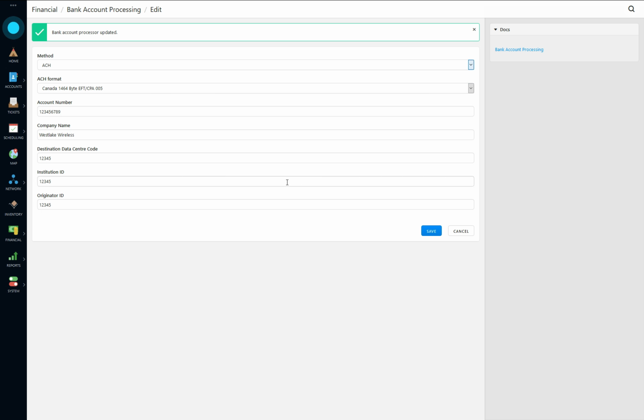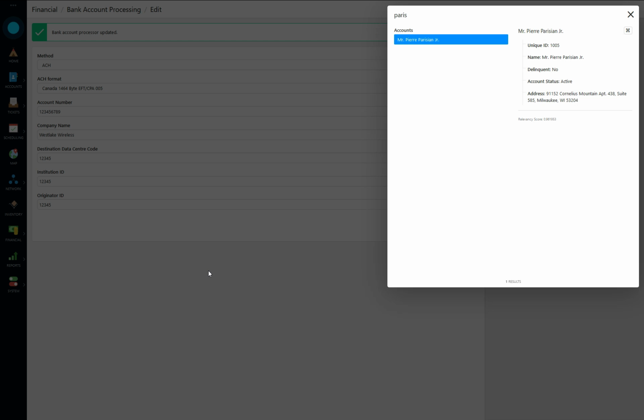What this is doing is setting up the detail we need to generate an ACH batch document that we can give the bank, where they're going to go and debit or credit from customers' accounts depending on what we need to do, and move that money into your account. So if we go back to our account we were testing on,